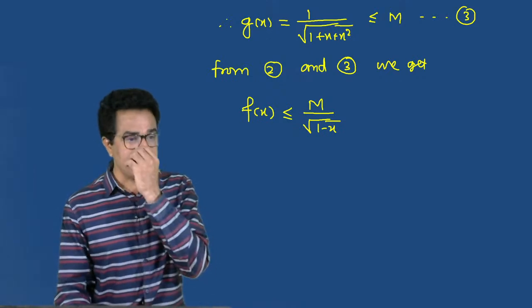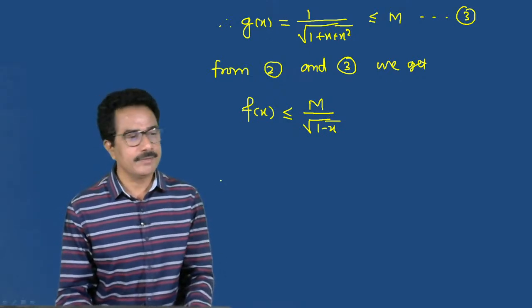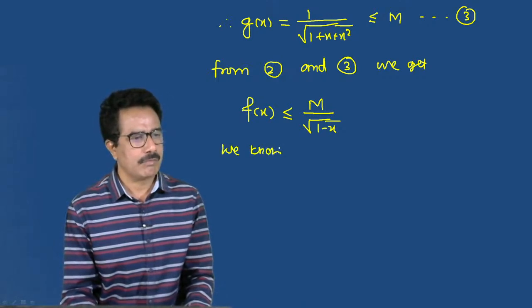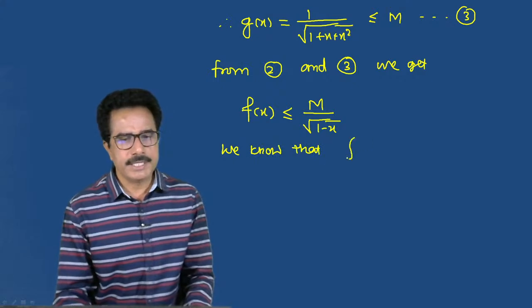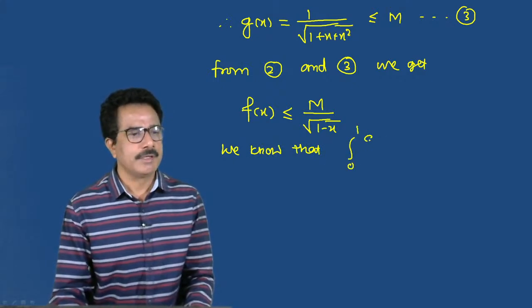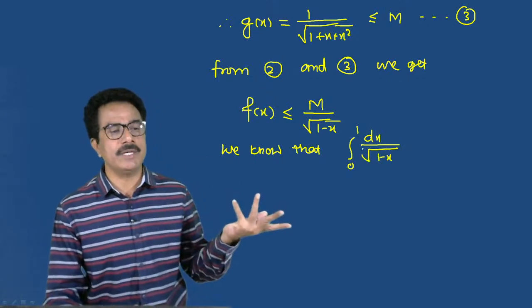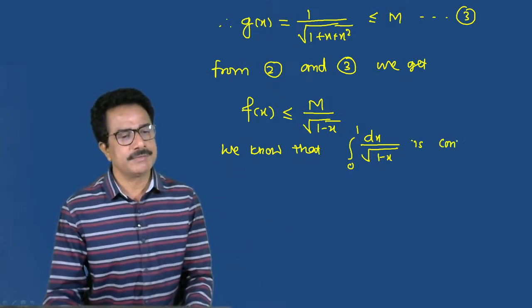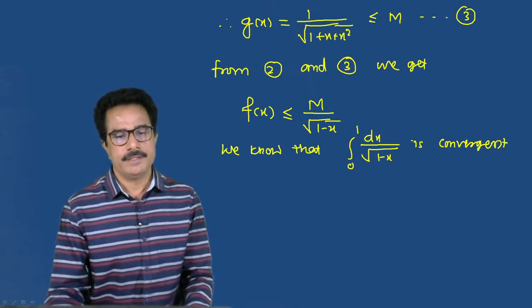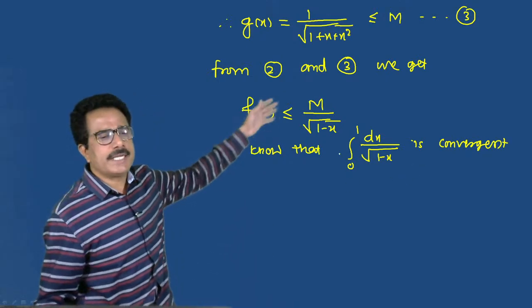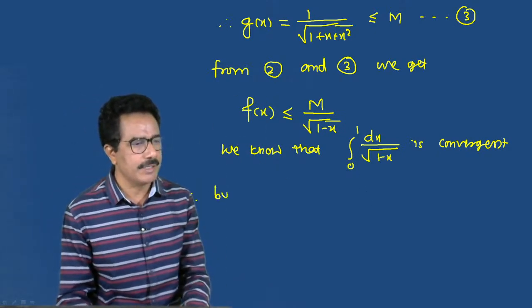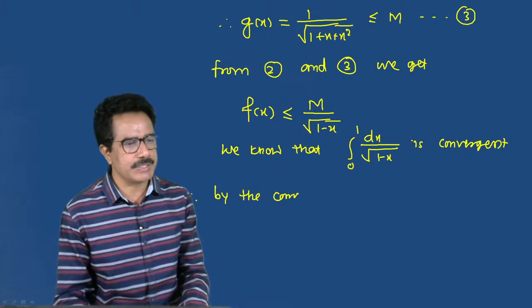But we know that the integral from 0 to 1 dx divided by root of 1 minus x, we have already calculated this, is convergent. You can check, we have calculated this integral. Therefore by the comparison test